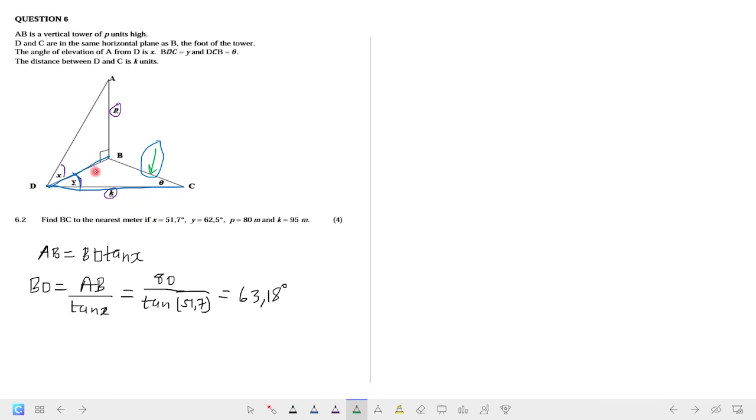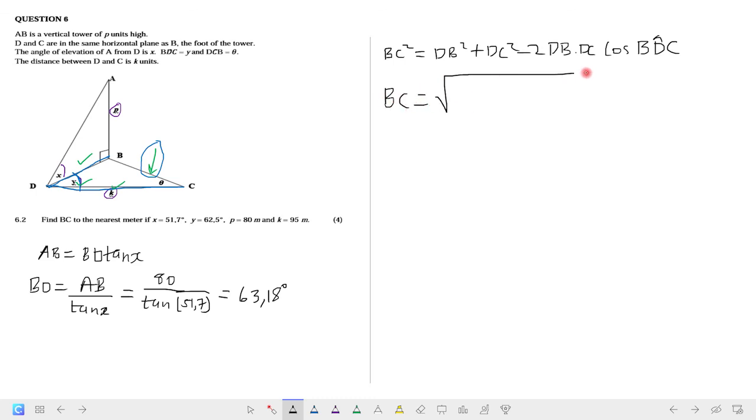Let's take this. Now I have this one and this one and that one, and that is a cosine rule. So the cosine rule says, if I want to calculate BC, I'll say BC squared is equal to DB squared plus DC squared minus 2 DB times DC cos of the angle facing BC, which is going to be BDC. Now you don't need to memorize this formula because it's going to be at the back. So now here, if I'm isolating BC, I can see that BC is going to be the square root of everything here,